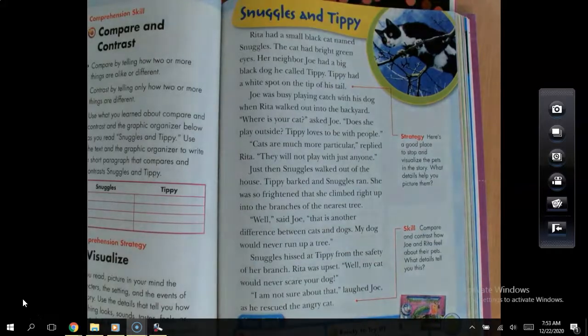Now, we're going to think about how Snuggles and Tippy are the same or alike and how they're different. So we're going to compare and contrast how they are the same and how they are different. So I would like you to get out your sheet of paper, your scrap paper,